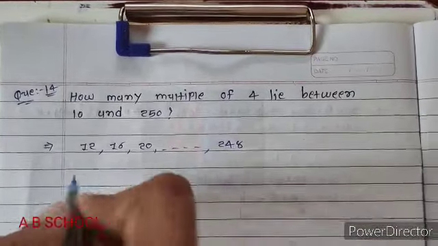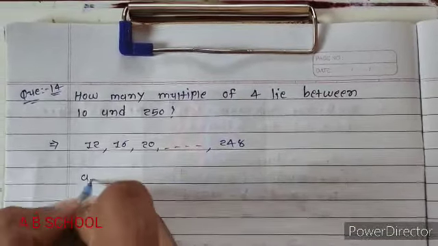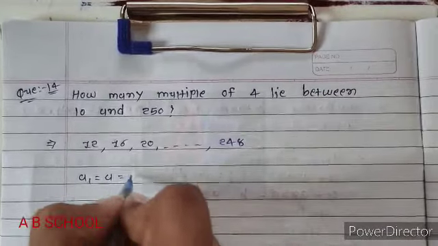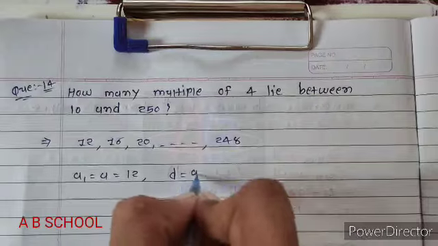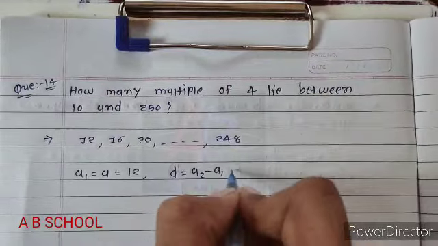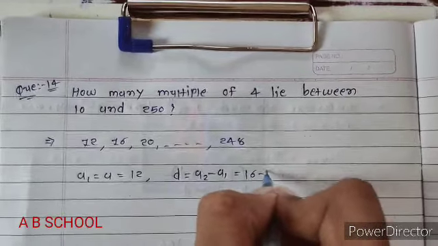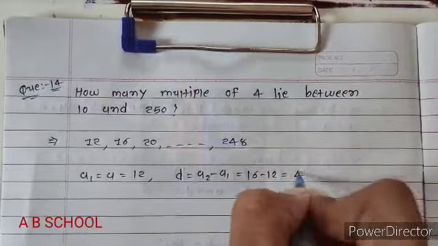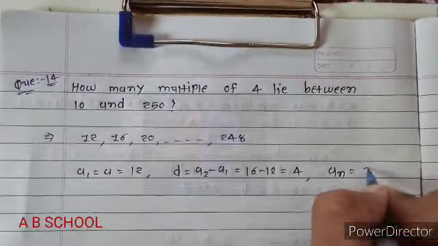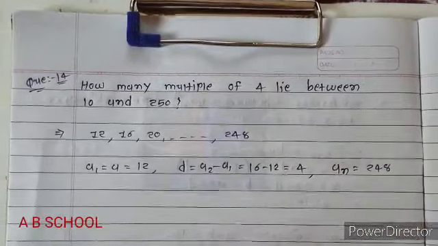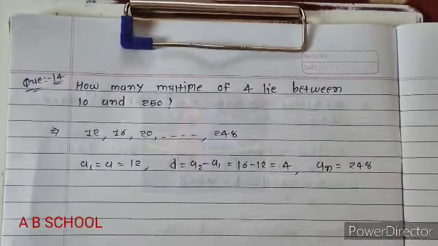So by using the general form, a1 is equal to a is equal to 12, common difference d is equal to a2 minus a1 is equal to 16 minus 12 is equal to 4, and the value of an, the last term, is equal to 248. Now by using a general form of AP,